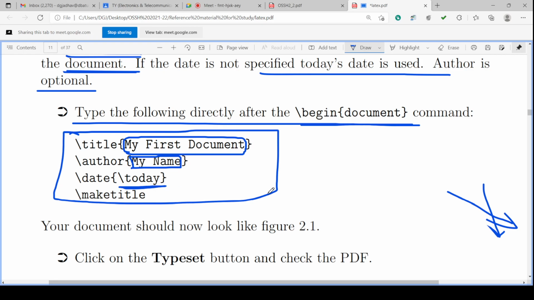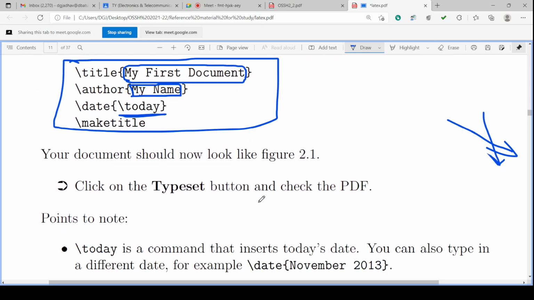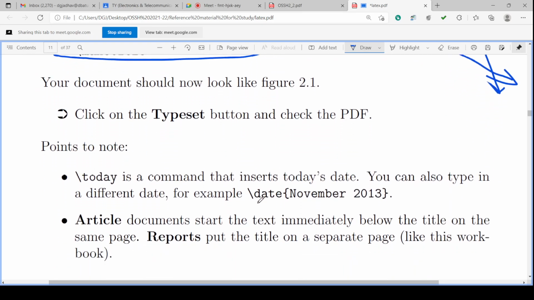So we have seen the title, how to set the title of the document. Then after making any preparation of the document, suppose we have made the title and you want to check whether it is correct, you can click on the typeset button, isn't it?